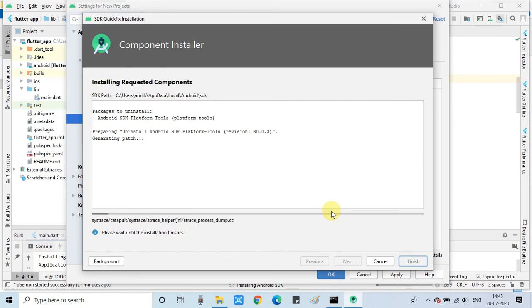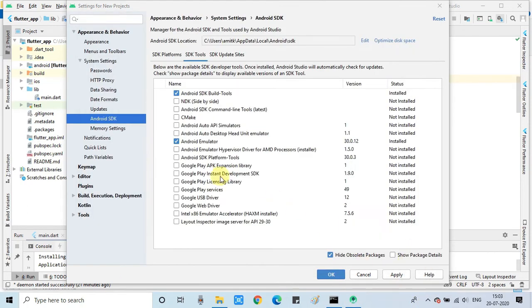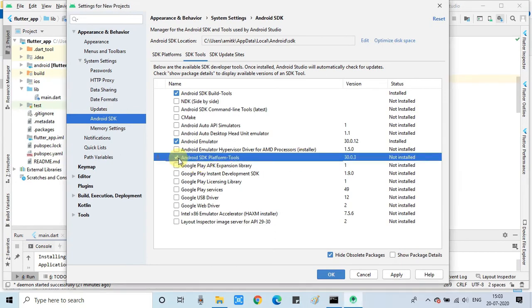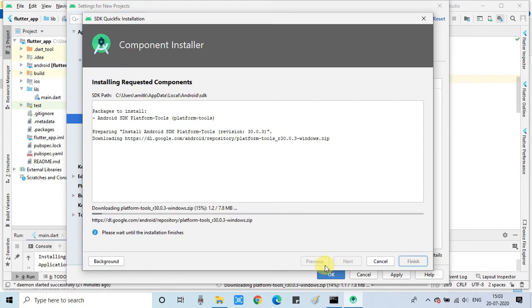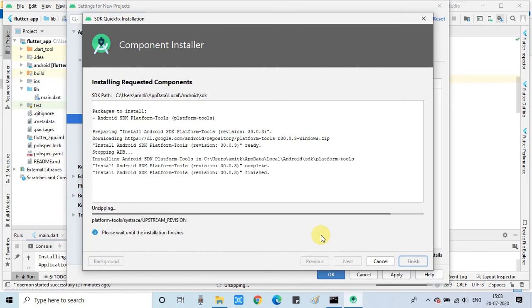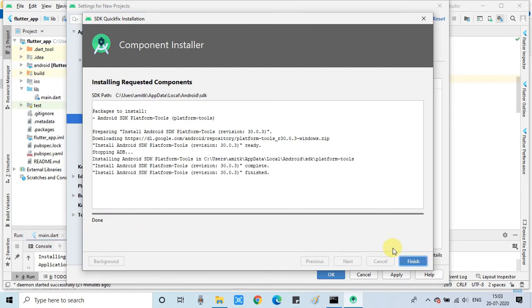Okay, that is done. Now we are again going to install it. Okay, installation is complete. Now click on the finish button and click on the apply, so the changes will take effect.